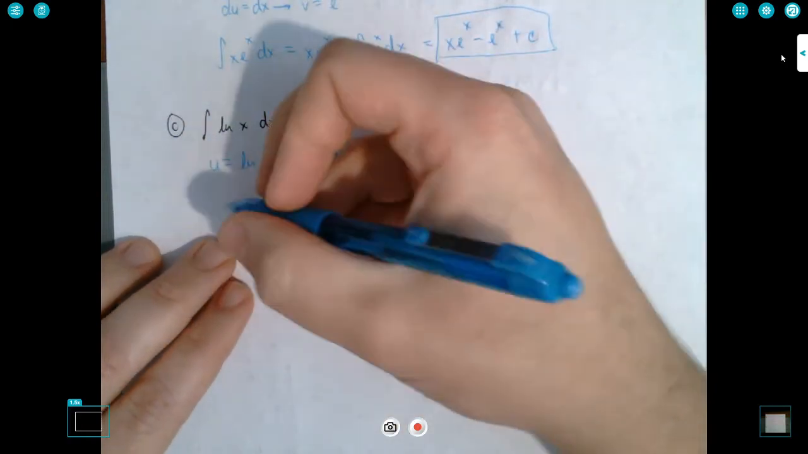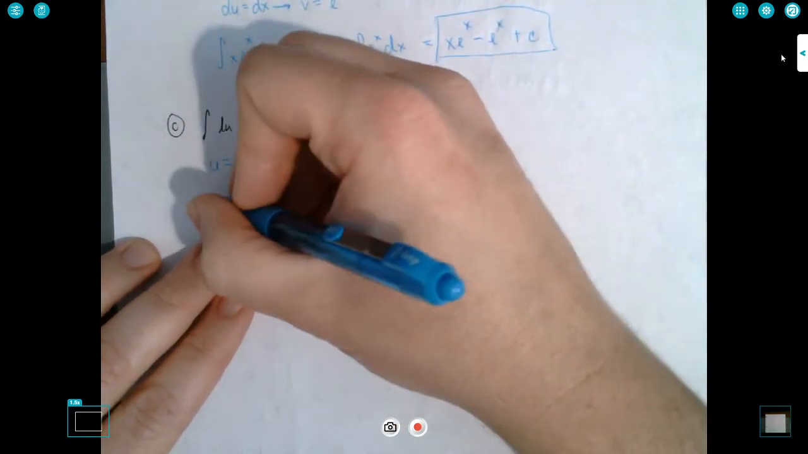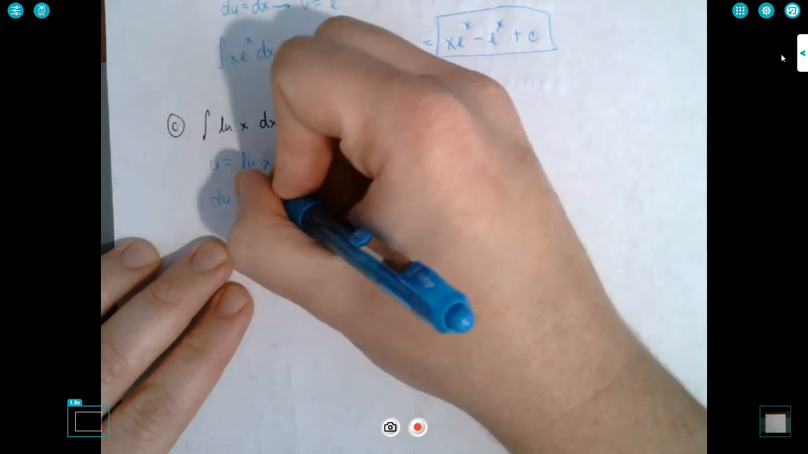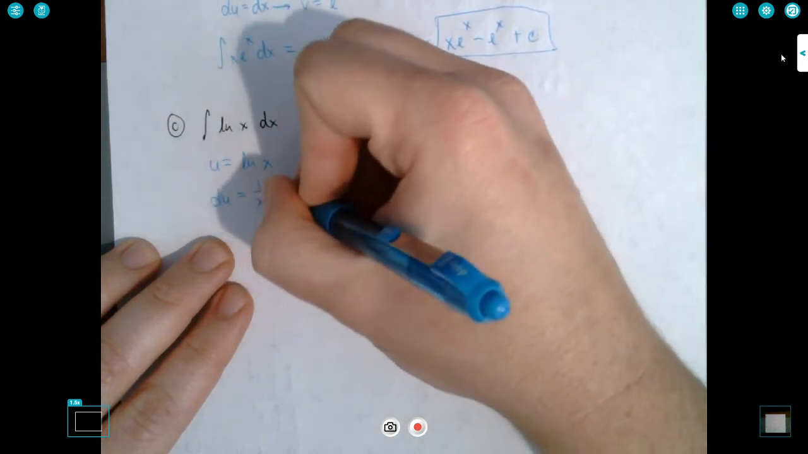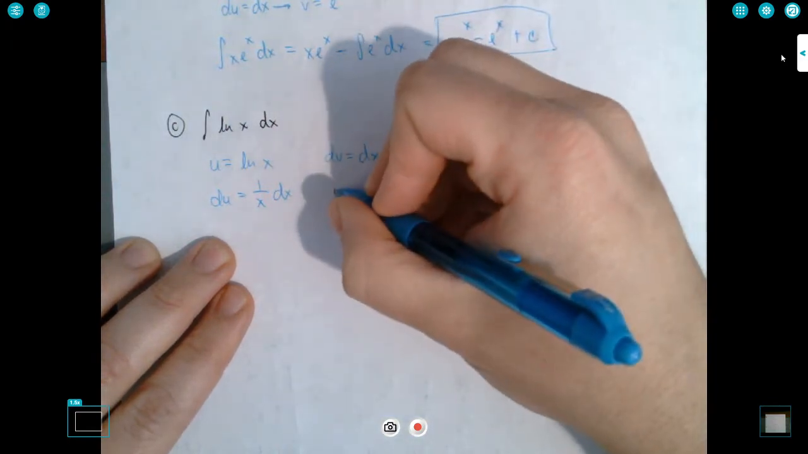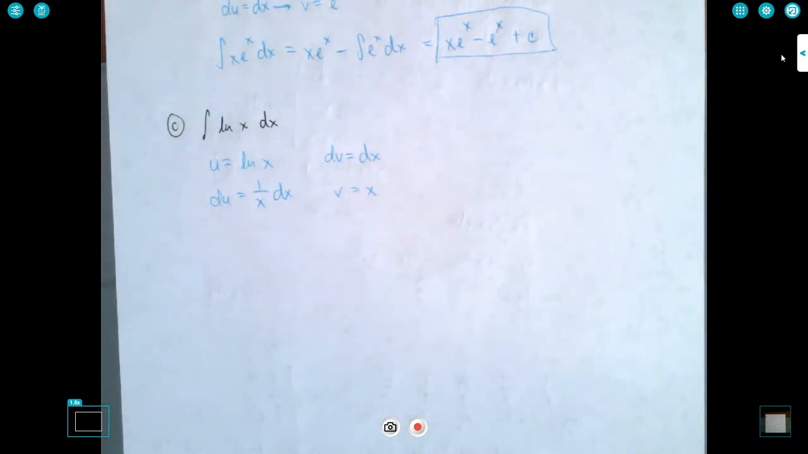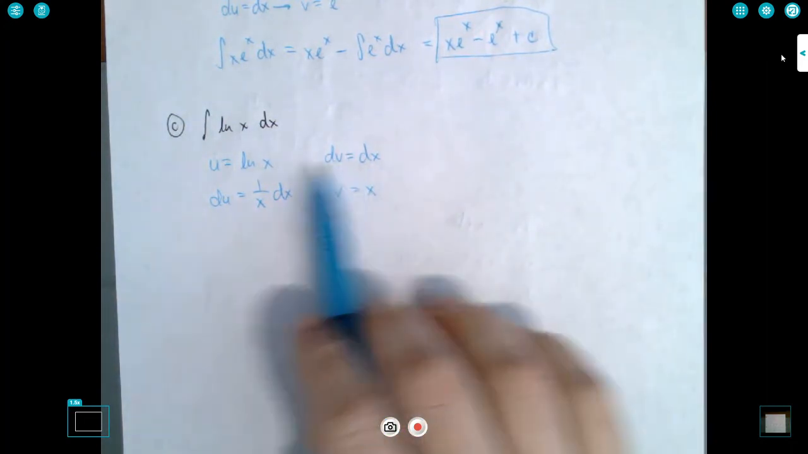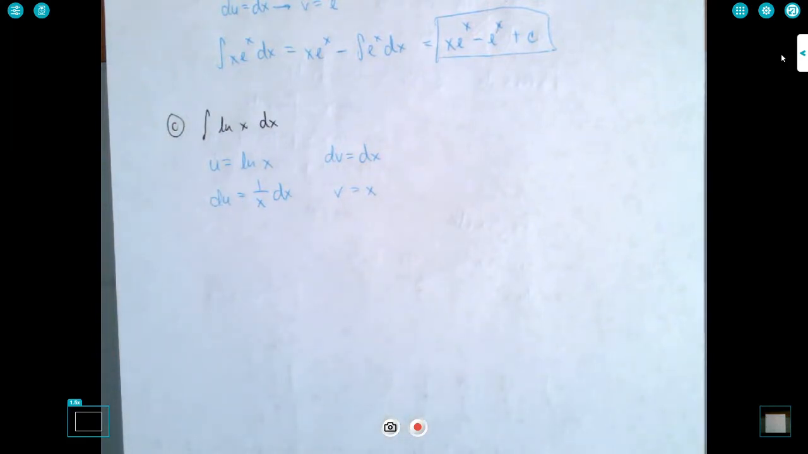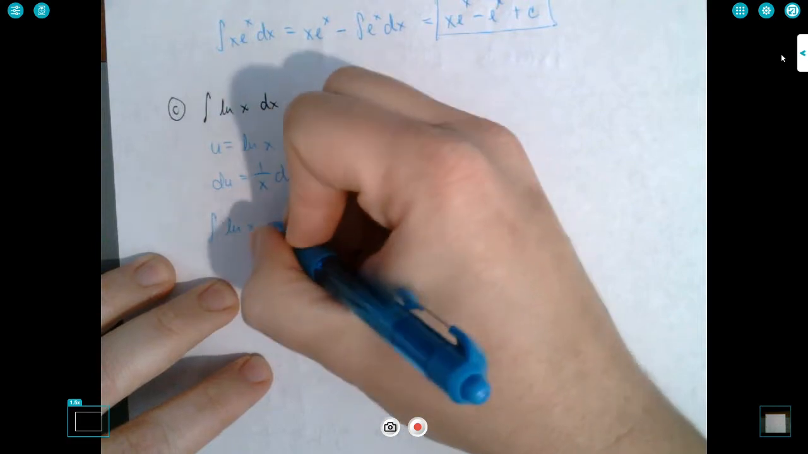So now you differentiate, and you get du equals 1 over x dx. And here you integrate, you get v equals x, right? Integrate here, differentiate there. Okay, and now the integral of ln of x dx